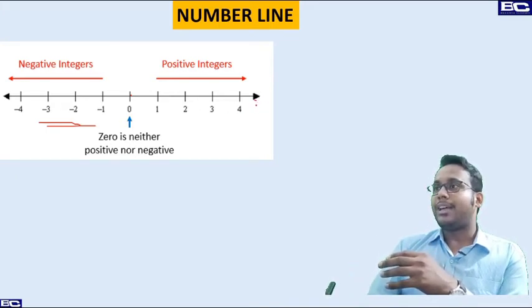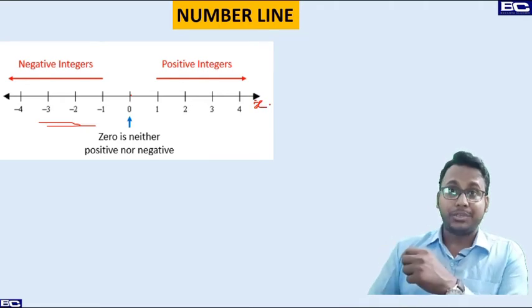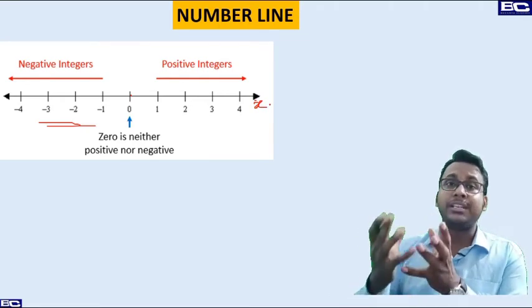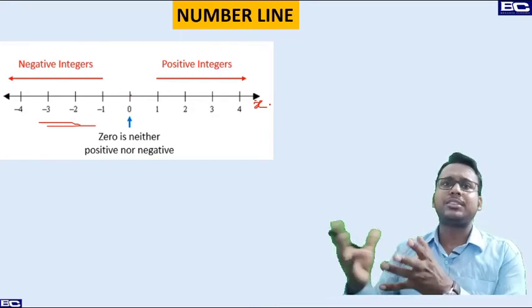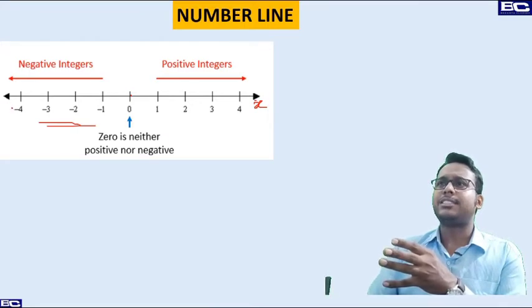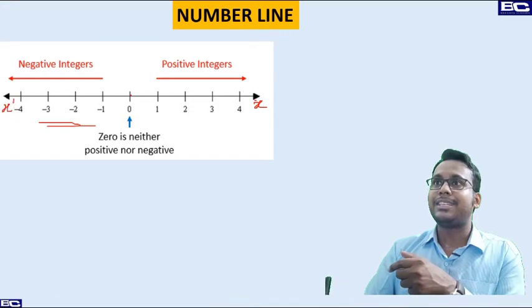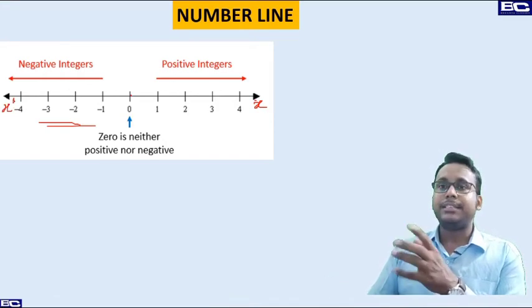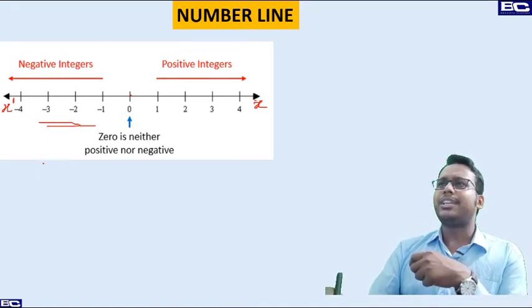This arrow end, I'm going to name it x. Why x? Because this is a nomenclature, a common name which is accepted by all the mathematicians in the world. So this is x. And since this end is opposite of x, I'm representing it as x dash. Simply it is represented as x dash. Another extra thing I'm going to tell you. Can you check it here?